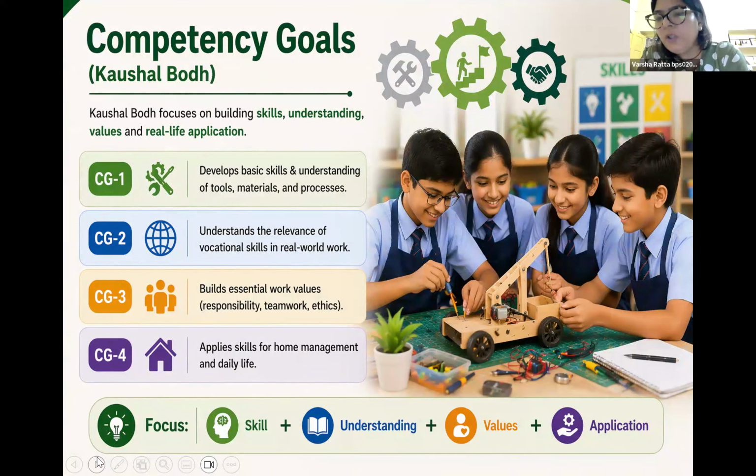CG1, that is competency goal 1, says: develop basic skills and understanding of tools, materials, and processes. Whatever project you're taking up, if the children don't know what products, tools, materials, and processes are required to do that,